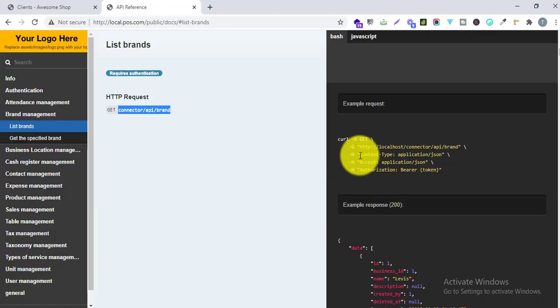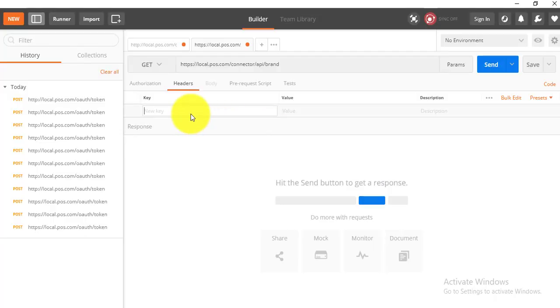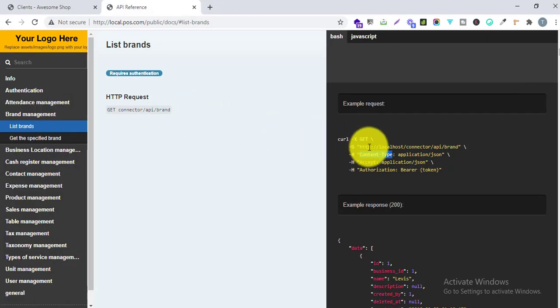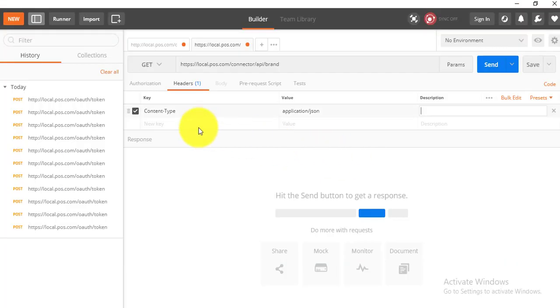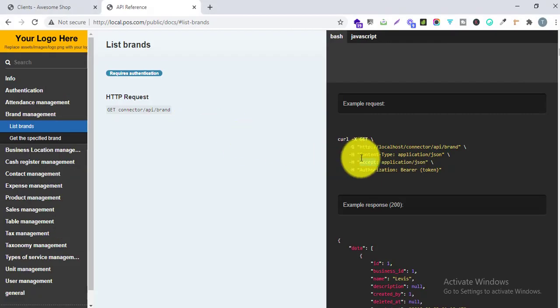We have to send a header which is content type application/JSON. So I will go to my header tab and add content type as application/JSON. And in the accept header I also have to enter application/JSON.